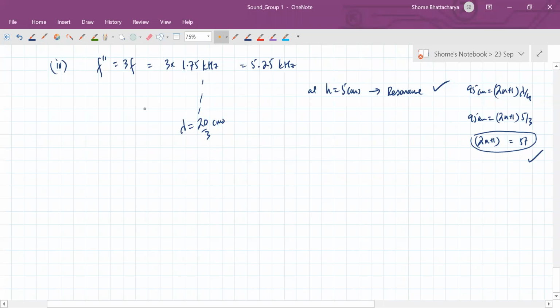But you'll also see that in this case the resonances will occur for the length of the column being 100 minus 5 by 4, sorry, the height, or the length of the vibrating column being 5 by 4, that is lambda by 4, sorry, 5 by 3, my mistake. Then the next one,